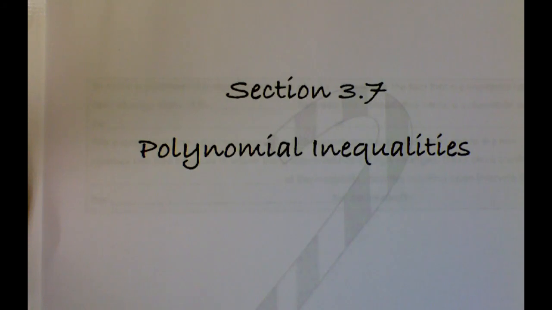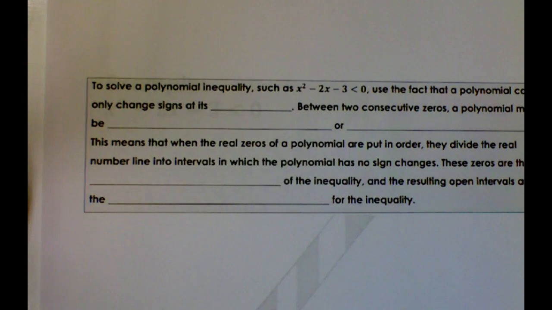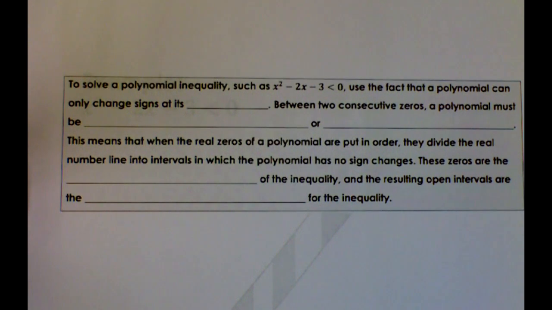All right, this is section 3.7, we're calling it, polynomial inequalities. We have talked about how to solve polynomial equations. Now we're going to step that up to inequalities. So to solve a polynomial inequality, such as x squared minus 2x minus 3 is less than 0, we use